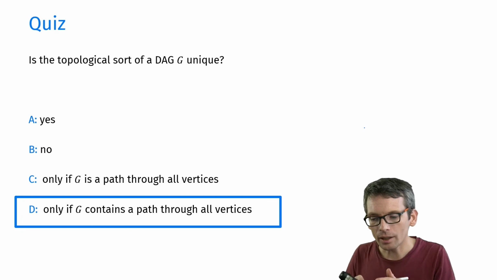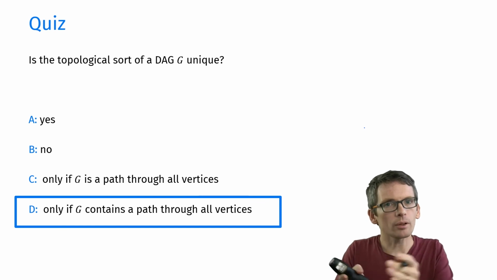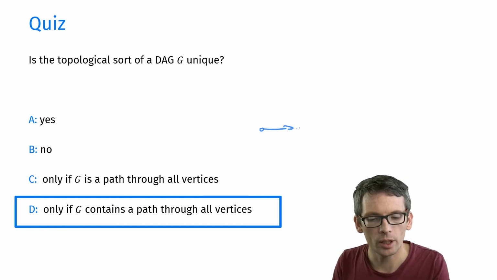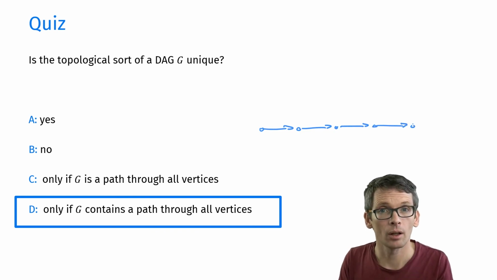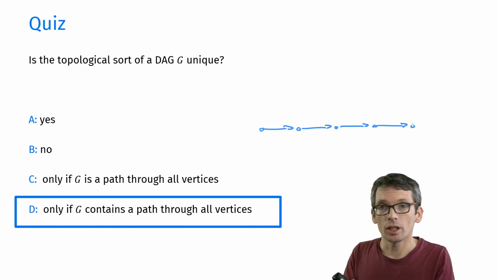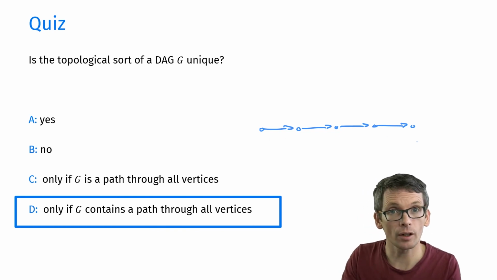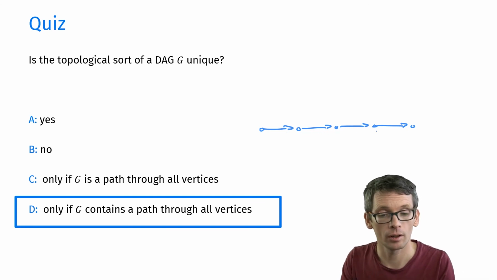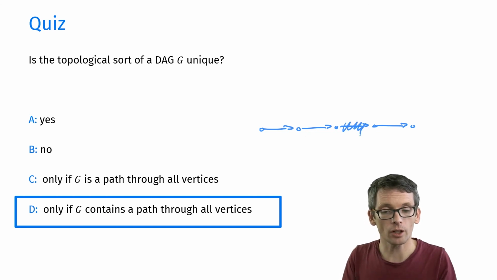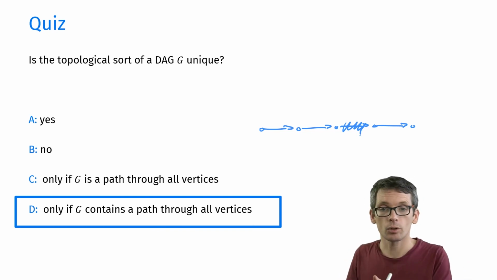The order is unique if and only if G contains such a path. If G contains such a path, the only way to lay out the vertices is by respecting that path. Otherwise, one of those path edges will be pointing backwards. On the other hand, let's assume G does not have a path. Then if I do the topological sort, I cannot have edges between all of the adjacent vertices, because otherwise that would give me such a path. So let's say I don't have this edge, but then I can easily swap those two vertices without messing up the topological sort. So D is the correct answer here.